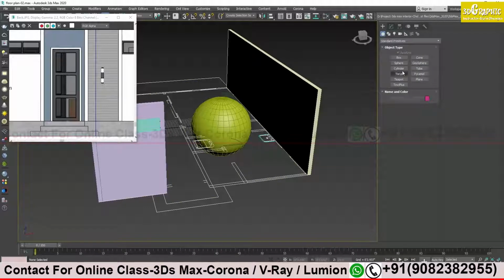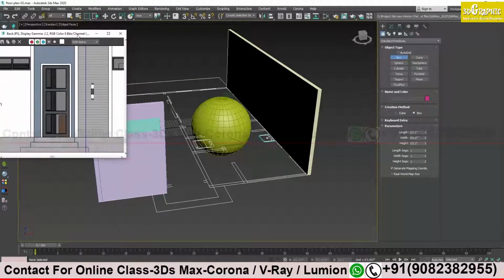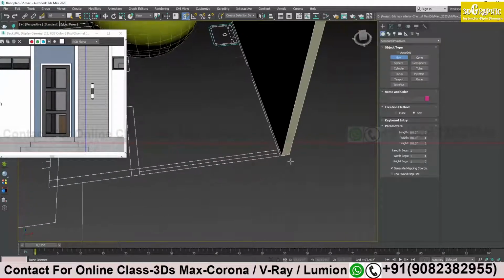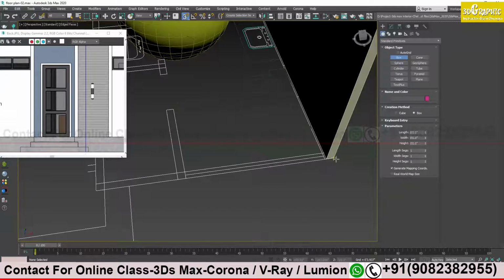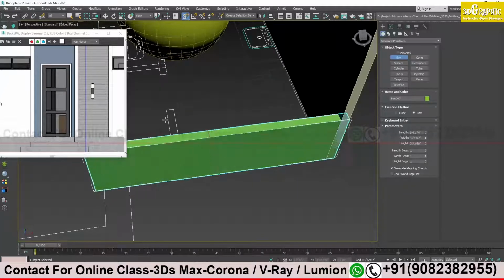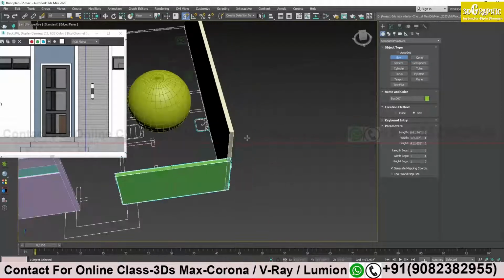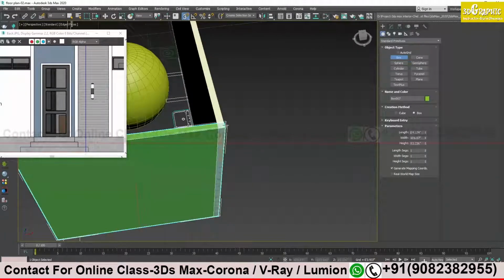I will go select box, auto create I don't need, snapping on, and I will try to snap from here. See, snapping will help me to give the height as well. If I move my cursor, see, it is snapping to the edge of my wall, no? So I got the height as well from here.